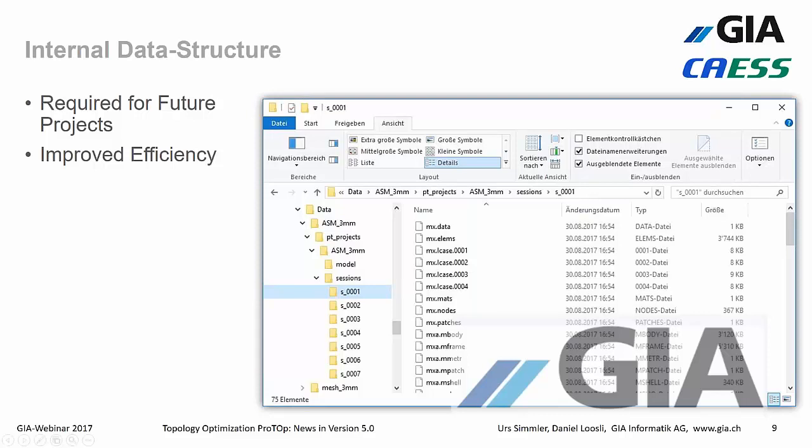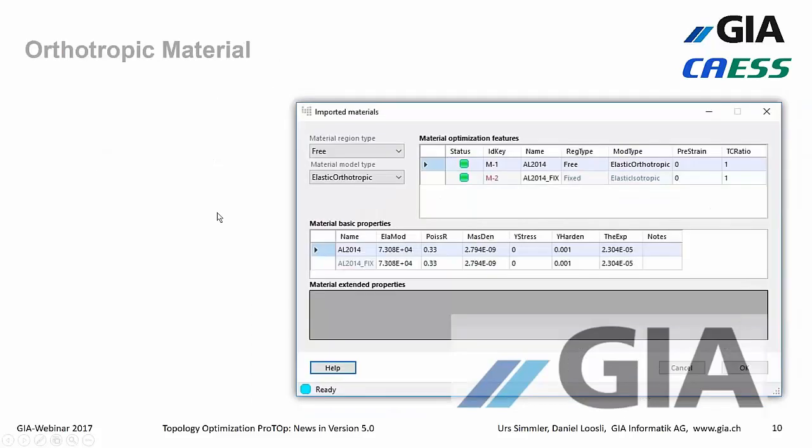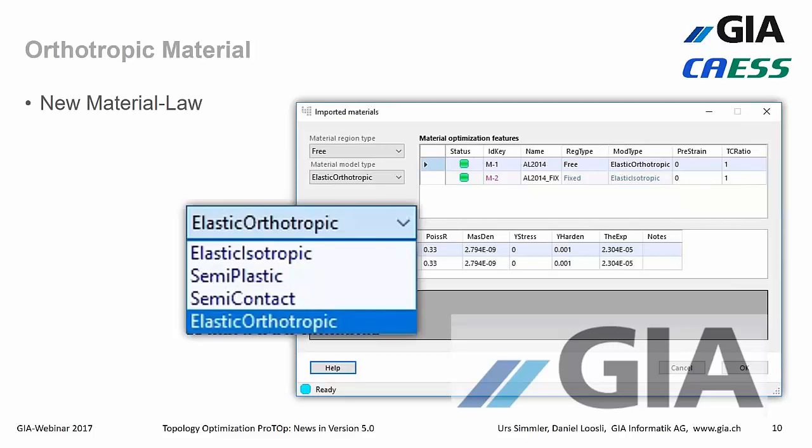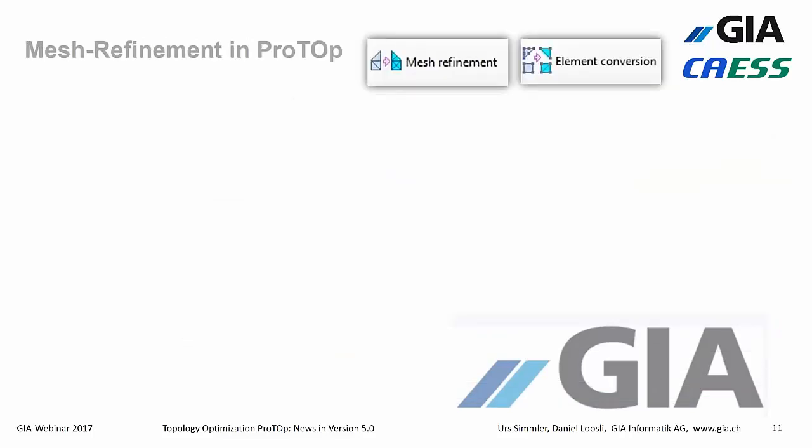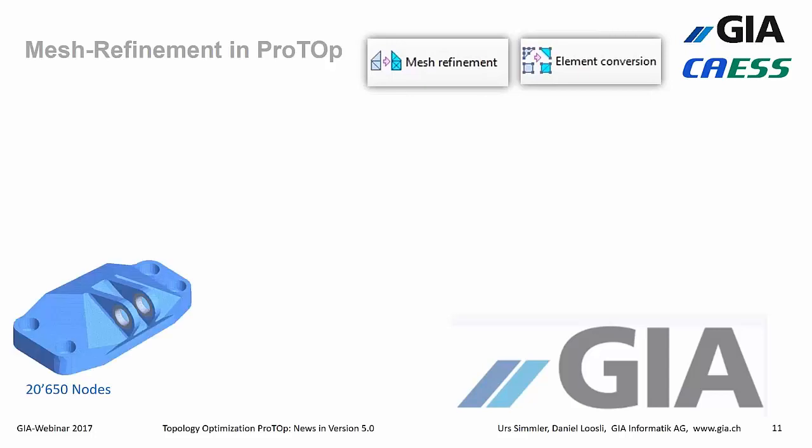And therefore, because of this restructuring, we can see a nice improvement of the efficiency. Besides that, in ProTOp, we'll have a look at that later on. We brought in a new material law, so right now we can deal with orthotropic material behavior. A very, very important thing for me is that in the new version of ProTOp, which comes out next month,